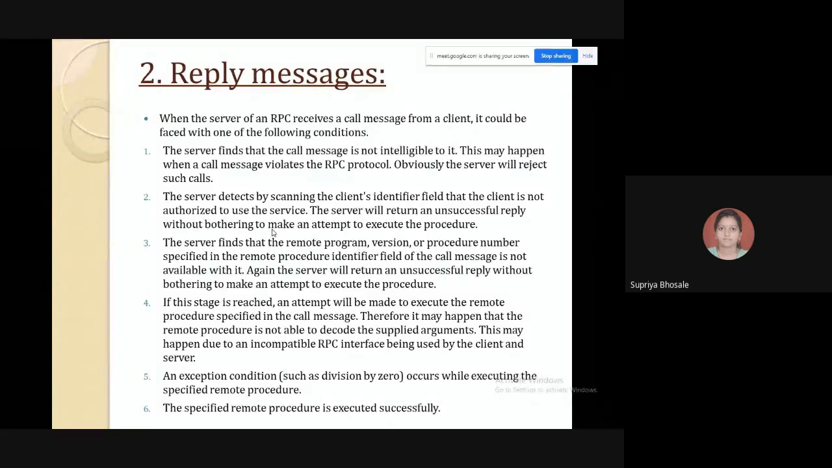Fourth is, if this stage is reached, an attempt will be made to execute the remote procedure specified in the call message. Therefore, it may